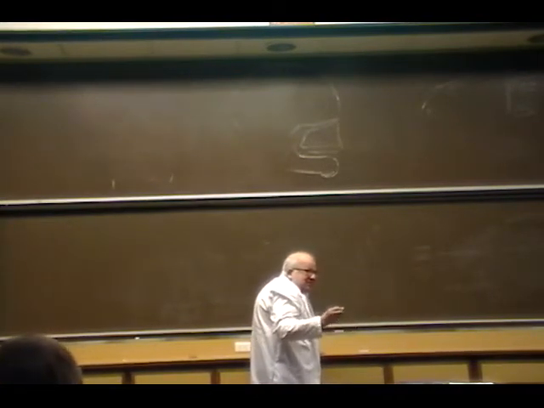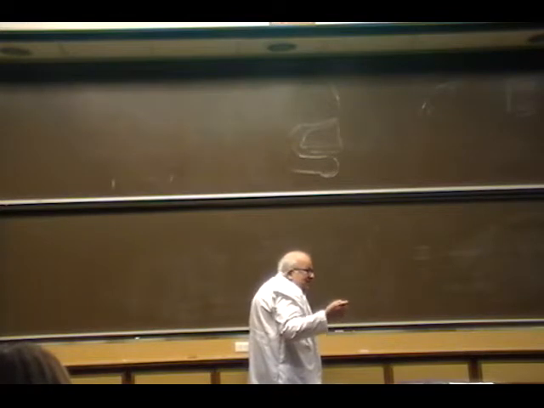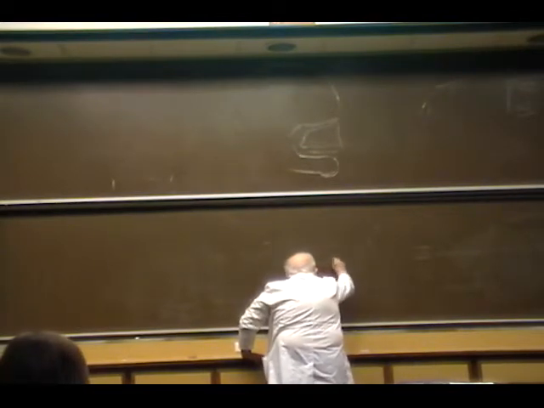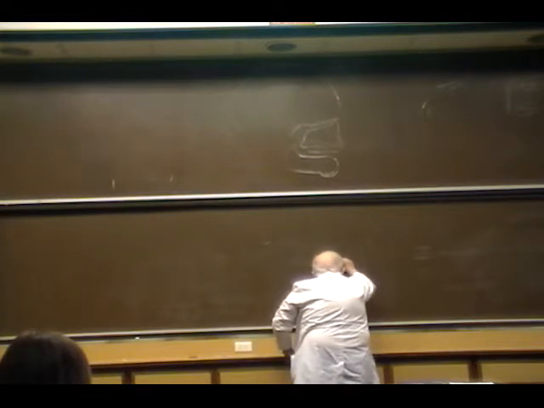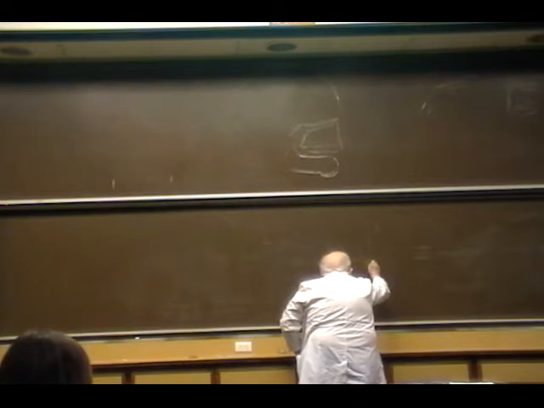They all make hormones. These are all endocrine cells, but they all go through a similar biochemical process. And these cells are known as amine precursor